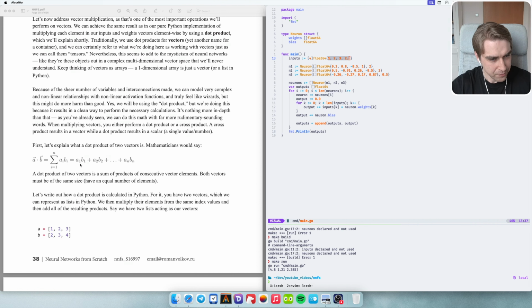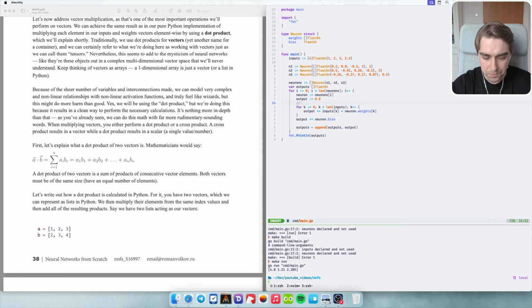We have a sum of multiplications between corresponding elements, for example, a1b1 plus a2b2. So this is what we actually did. We can call it dot product